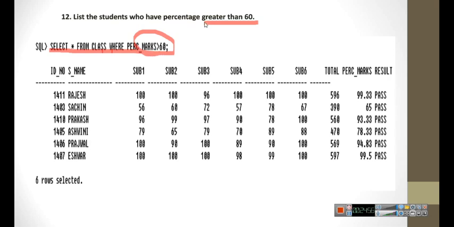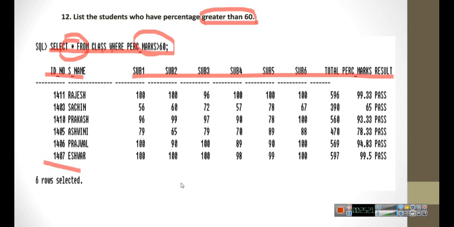See here, greater than 60. In this percentage column, all the students who have scored more than 60% have to be listed. So this star is very important because it is listing out all the columns and all the contents of the columns. That is why we give star there.